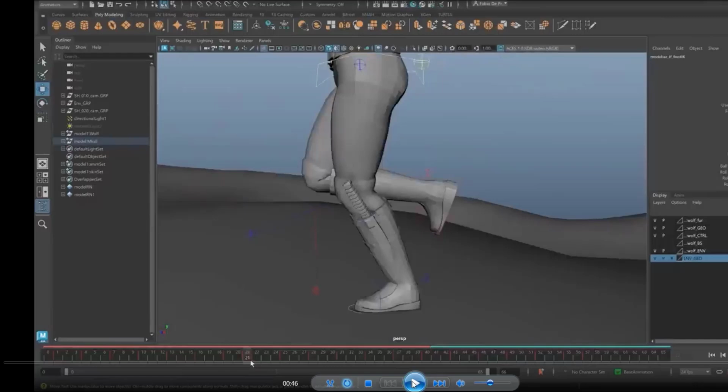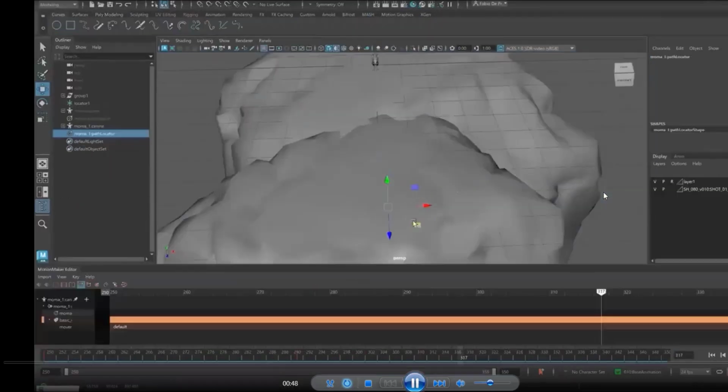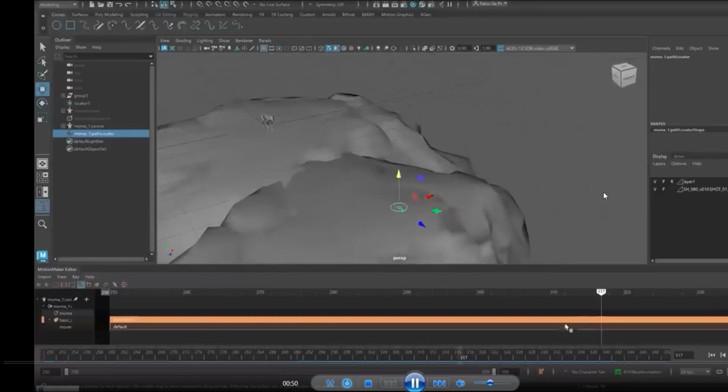Let me continue. It's time consuming. So Motion Maker transforms this process by combining machine learning, motion capture, and keyframing into a streamlined, powerful workflow, so you can focus on